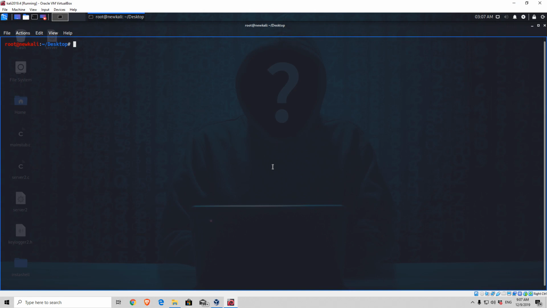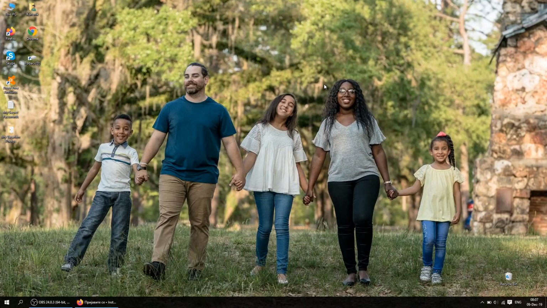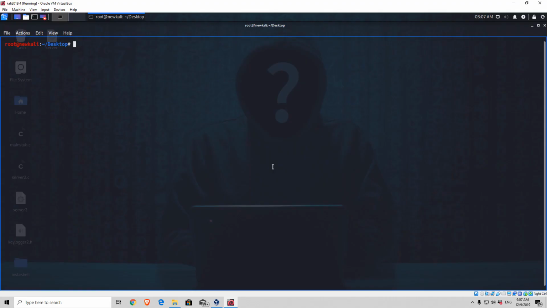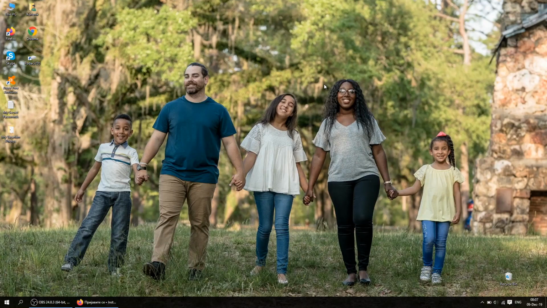So right here, I have my Kali Linux 2019.4 hacking machine, and right here, I have my fully updated Windows 10 target machine. So if I go to my hacking machine and start my server, which is one of the programs that we're going to code, it will listen for the incoming connections from anywhere. So right now, if I go to my target machine, and let's say the target wants to go to the My Vacation Photos folder, which is located on the desktop,